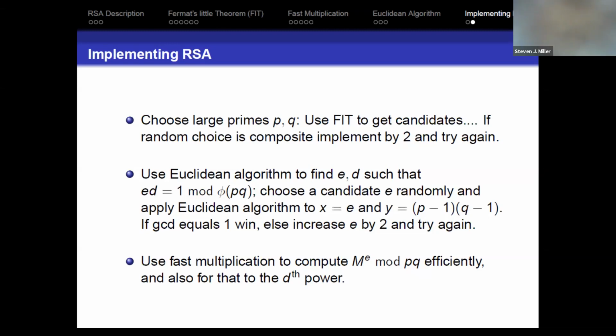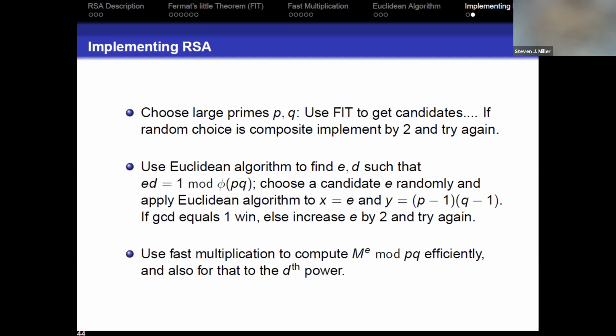So maybe we should take a Sophie Germain prime for P and another Sophie Germain prime for Q. Or maybe this is the worst thing possible to do because these are no longer generic primes. And maybe people who are trying to attack could somehow exploit the fact that we have chosen a very special prime. You've got to be very careful. Just because you don't see a way to exploit something doesn't mean someone else does. So my feeling is this would either give you the greatest possible security or the worst. Probably not the middle.